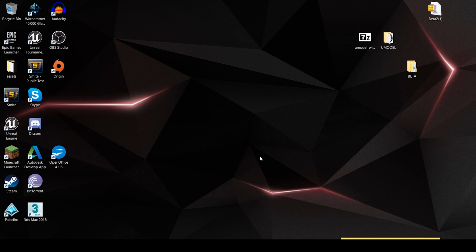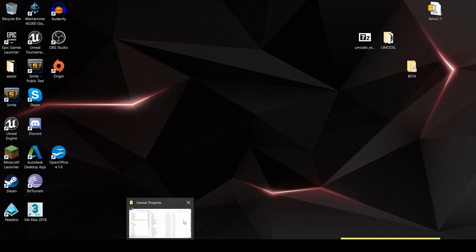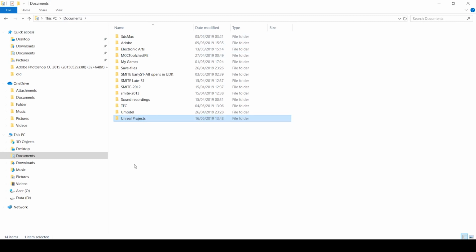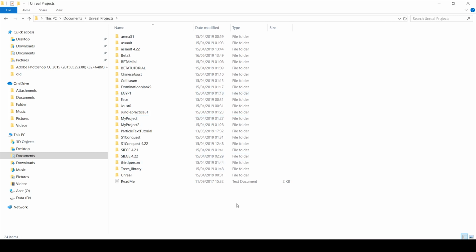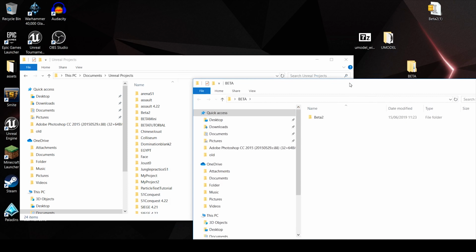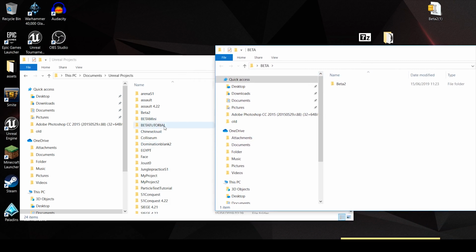So if you're interested in using this map for your own projects or just fiddling about with it in Unreal Engine, I will just briefly show you how to do that. If you've installed Unreal already, you should have an Unreal Projects folder in your Documents folder. All you need to do is take the file that I'm going to put in the description, download it and unzip it, and it should be called Beta 2. And if you just drag it into your Unreal projects, as I've done,